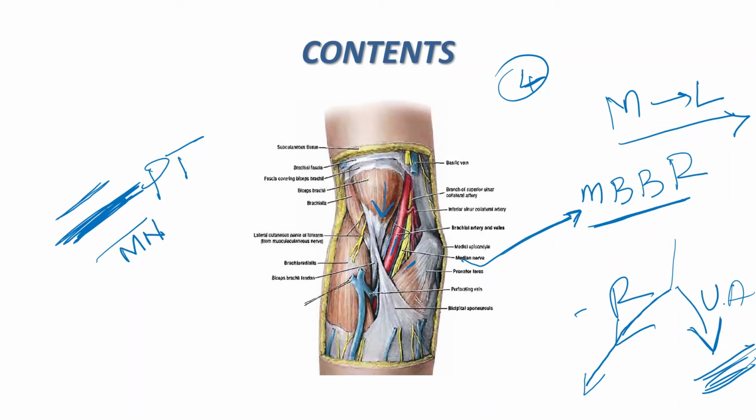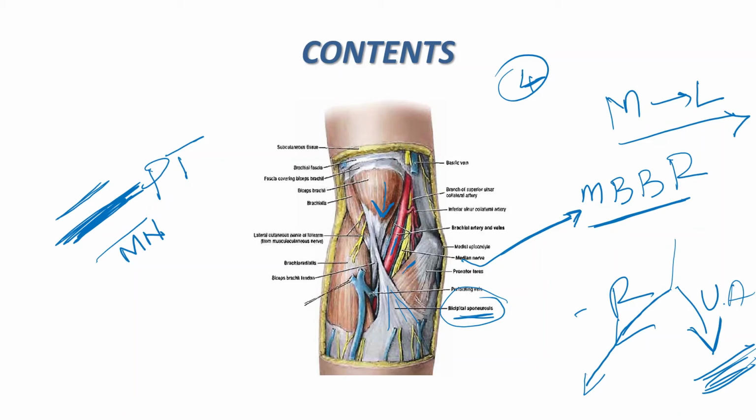The biceps brachii, which is the muscle of the arm, enters the cubital fossa to reach its insertion on the radial tuberosity of the radius. Just before the insertion of the biceps tendon, it gives away a fan-like expansion which is called the bicipital aponeurosis on its medial side. The most lateral content of the cubital fossa is the radial nerve. It is not the actual radial nerve, but the superficial branch of the radial nerve. I repeat, it is the superficial branch of the radial nerve which makes up the lateral most content of the